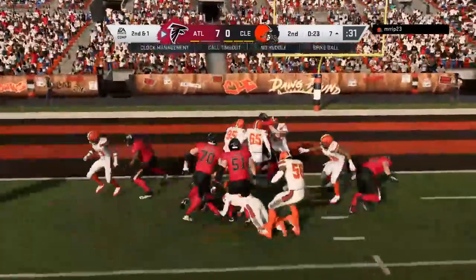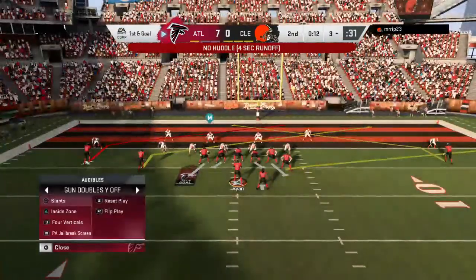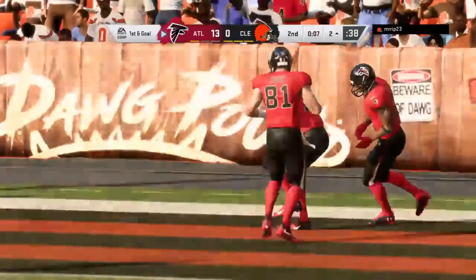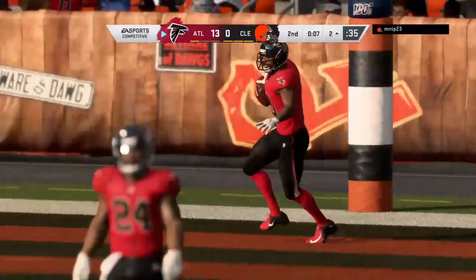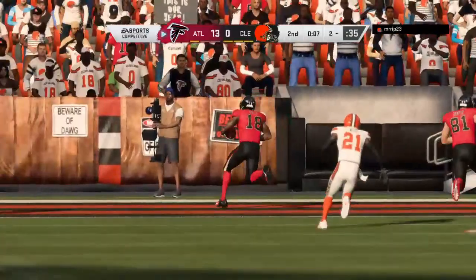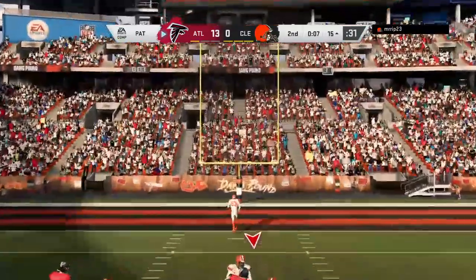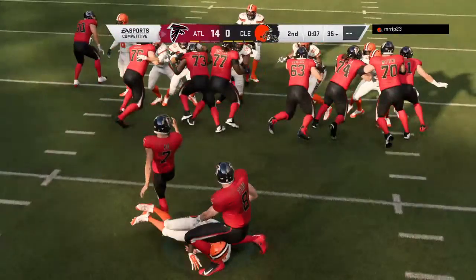Ryan on the handoff. It's Freeman. And he'll be brought down here at the 3-yard line. A 5-yard gain, and now they're set up 1st and goal. From the gun, it's Ryan. And that will be taken in by Ridley for a Falcon touchdown. Calvin Ridley in the final seconds of the first half. And the Falcons push further out in front. Now they'll line up to kick the extra point. And it's good to make it 14-0. Makes the score Falcons 14, Browns